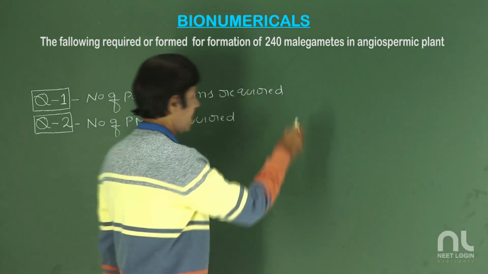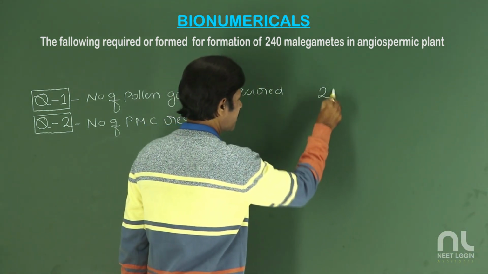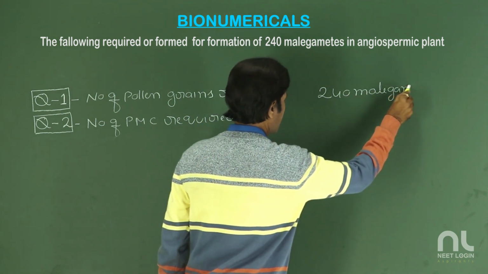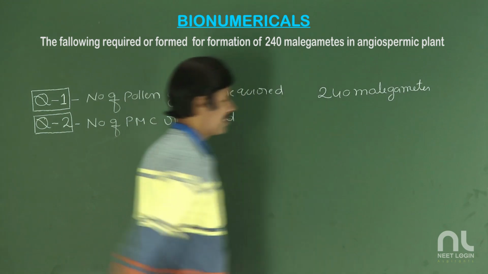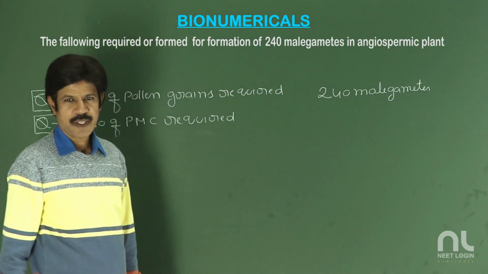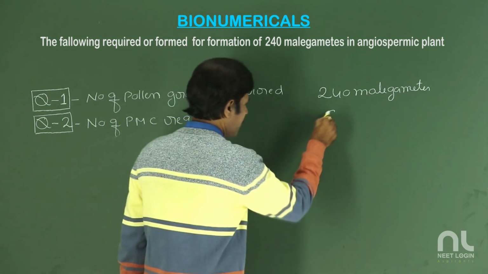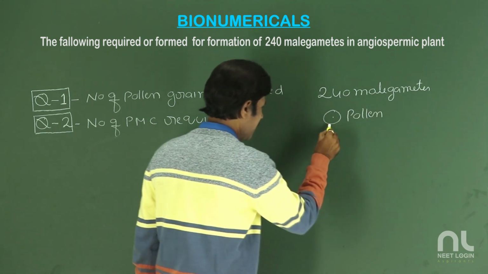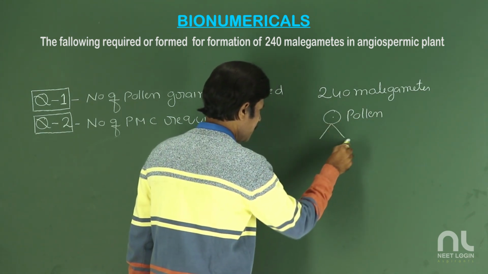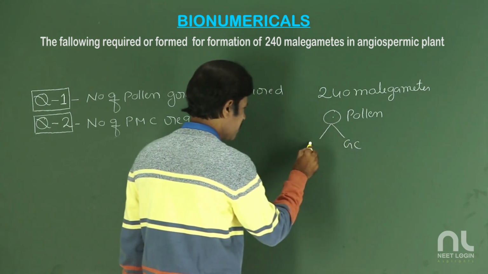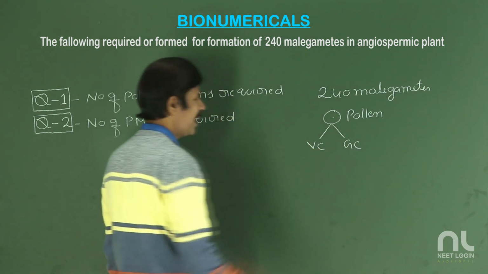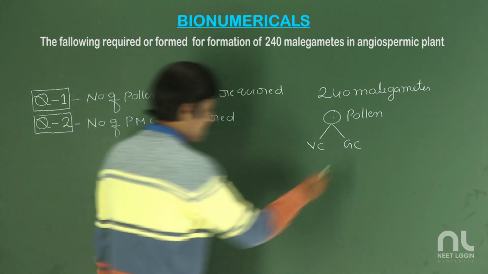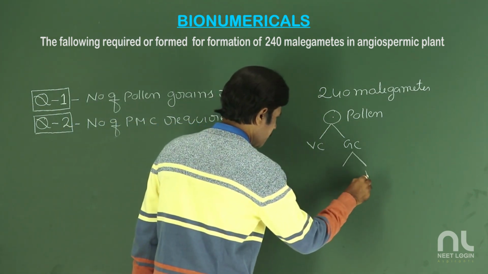So here the number of male gametes is 240. Each pollen grain divides into a generative cell and a vegetative cell. The generative cell divides into